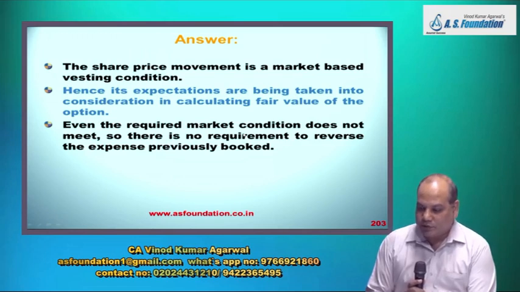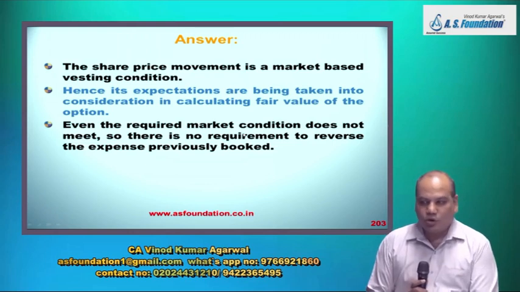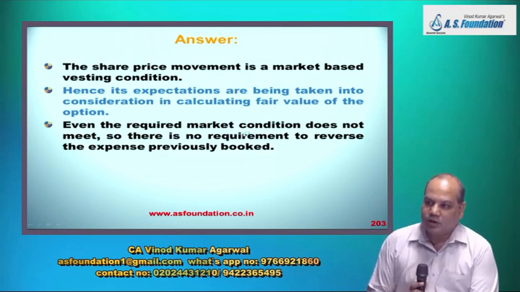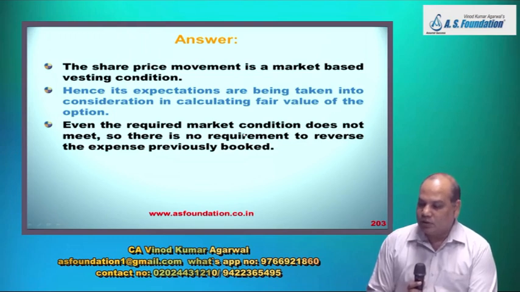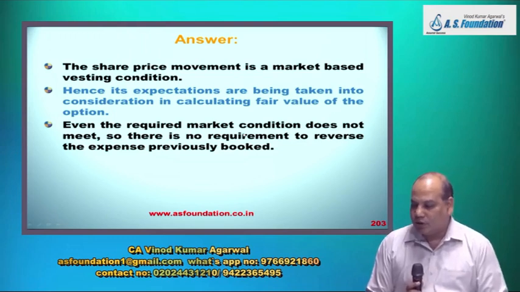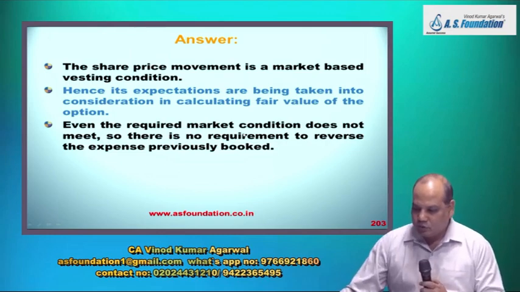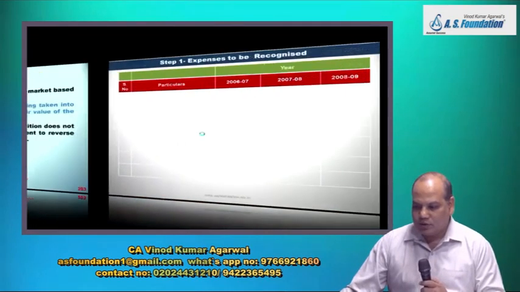Underline the last line. Because in this question, all the options would lapse, but still the expenditure in the third year would be recognized, because the calculation of fair value takes into account the possibility of various possible market prices. So now you draw the same table. Step 1, write down